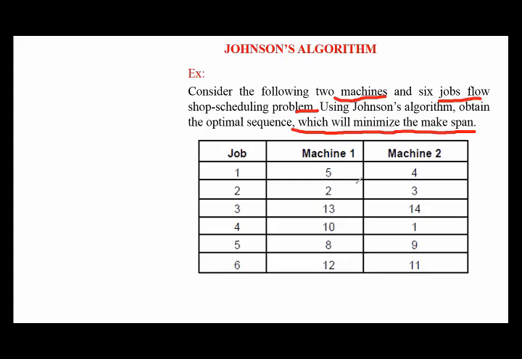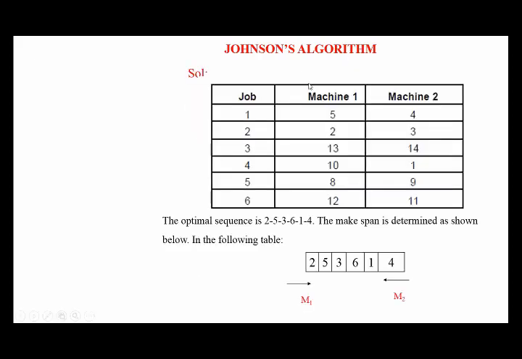Here we have 6 jobs and two machines. Individually we are going to calculate the job order by considering the machining times. As per Johnson's algorithm, the first step is to identify the minimum process times of machine 1 and machine 2. I would like to draw one row and segregate this row into 6 columns, because we have 6 jobs, and I would like to write a job order there.